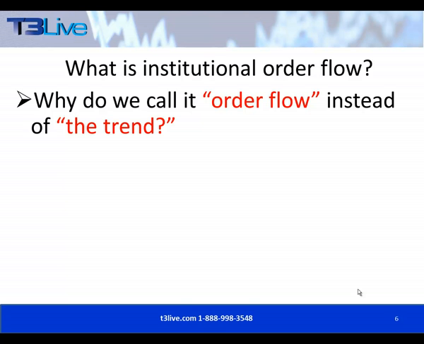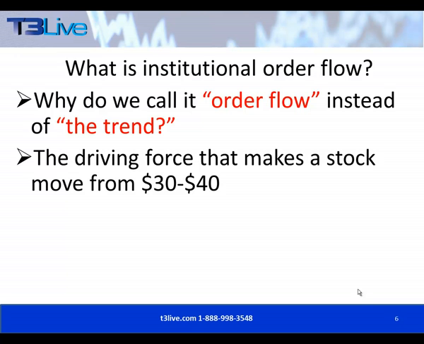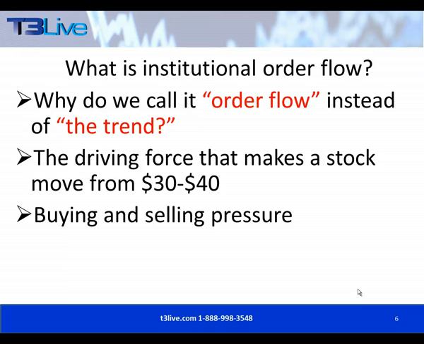Literally ask yourself, is there an obvious edge to order flow? Is there an obvious markup? Is there an obvious markdown? Think about it. What is the driving force that moves a stock from 30 to 40? It's not the charts. It's because there are institutional orders. The charts are advertising to us what's going on. So it's basically buying and selling pressure